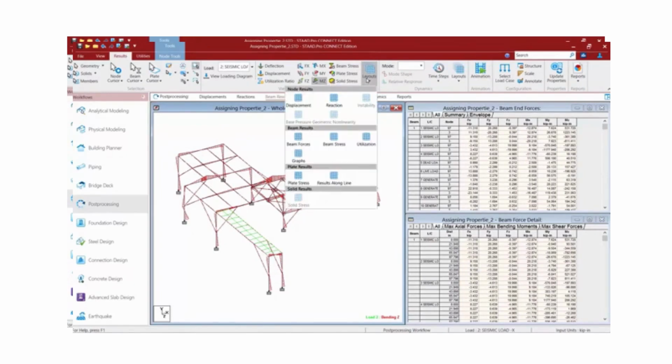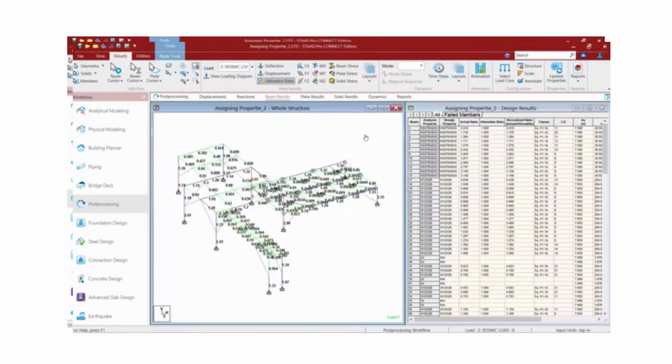So let's click on the Layouts area, and we can review the different types of beam results that are available. We have our beam forces, beam stresses, the utilization ratio, and also graphs. And this will change what you see in your main display, and it'll also customize the tables to be more appropriate. For this exercise, let's click on the utilization layout. This is basically your results for your steel design. What we're going to see is that the model is going to be color-coded on your screen, and the interaction